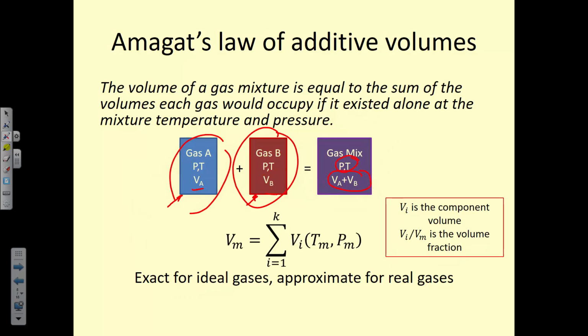And then in the law of additive volumes, it's saying that if it were at the pressure and temperature of this final mixture, that we could just add the volumes together. And this is almost analogous to when we were doing the partial derivatives and we were holding something constant. So here we're saying, okay, pressure and temperature are constant, and then the volumes are being changed or added together. So it's one way to eliminate one of the unknowns.